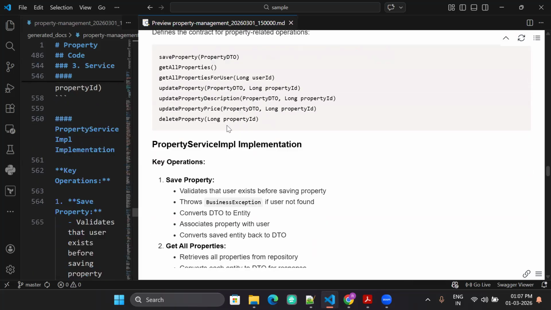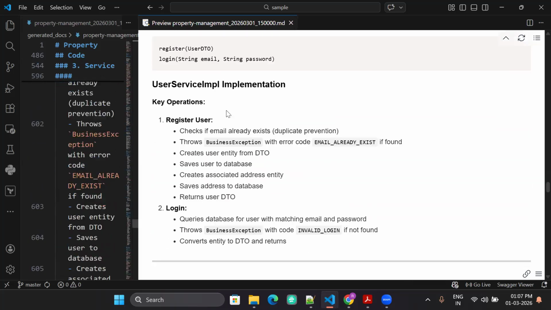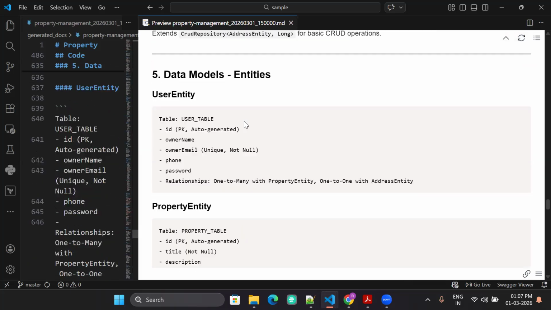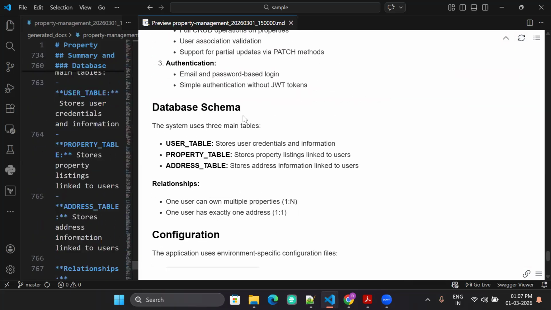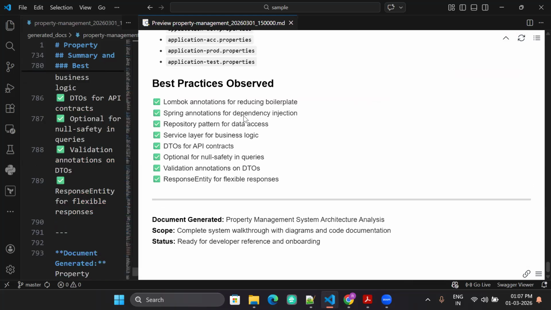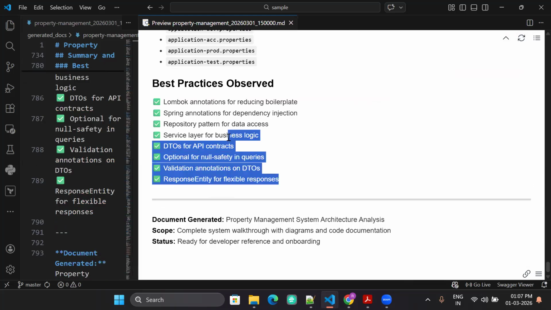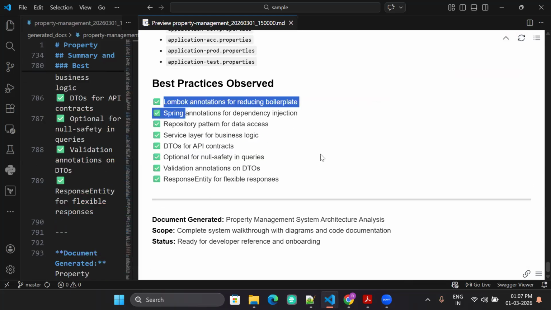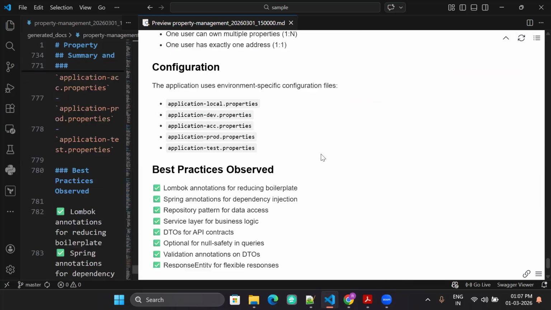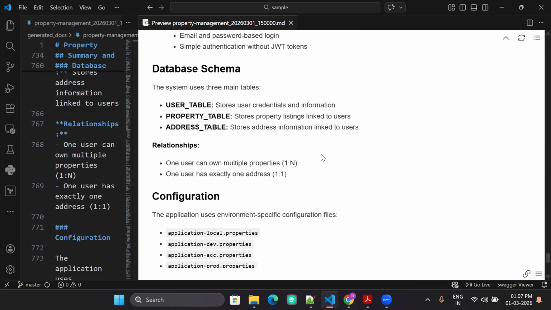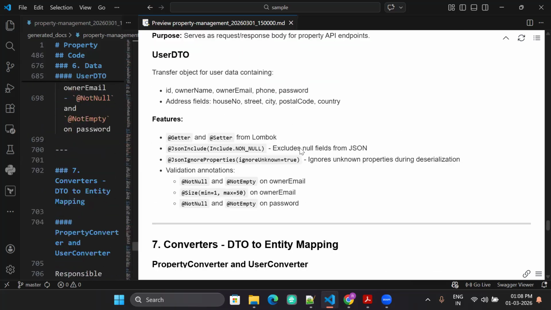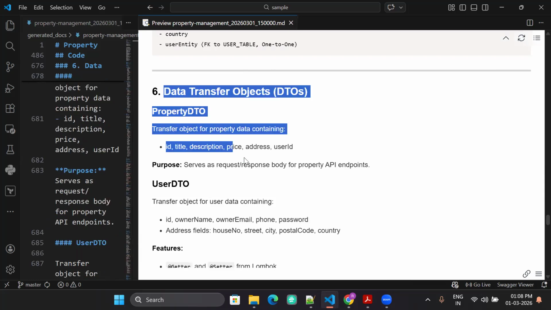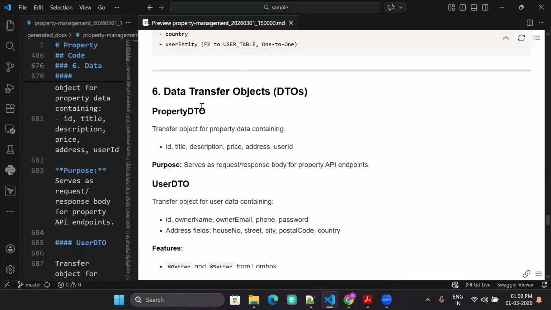Service layer has some important methods, explaining those methods, what they do. The data access, these are the models, address class, and finally, eventually, it will go and tell what are the things. This we haven't asked, but it's still told we have used certain things in a good way. So you can even combine the PR review and the document generation together, or you can keep it separate. You can also ask it to elaborate with more examples or more detail.